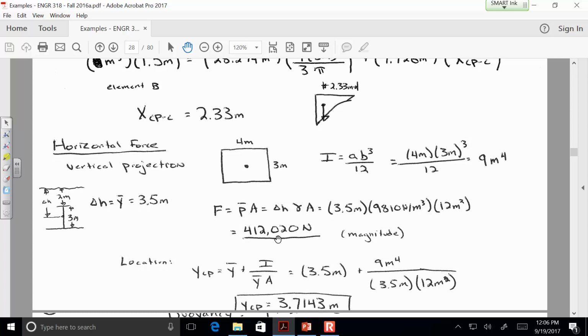I can find the magnitude by doing the pressure at the centroid multiplied by the area. And then the location, the YCP, tells me how deep from the water surface that force is located. And that is 3.714 meters. Okay, so then the final step to find the force required to open up this gate, which is what it's asking,